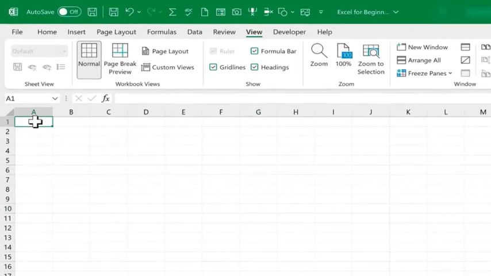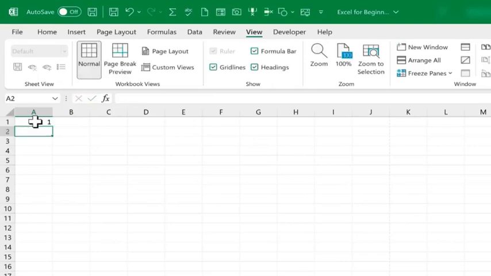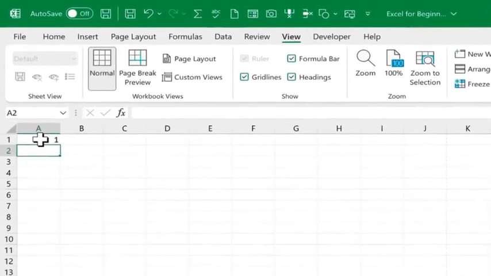So let's say the employee ID number for employee 1 is simply 1. I type the number 1 and that data appears in the cell, but it's not truly entered in the cell until I tap enter or return on the keyboard. Now the data is inside that cell. Notice when I tapped enter, the active cell moved down 1, and that's great because that's where I want to type the next number. 2, enter, 3, enter, 4, enter,